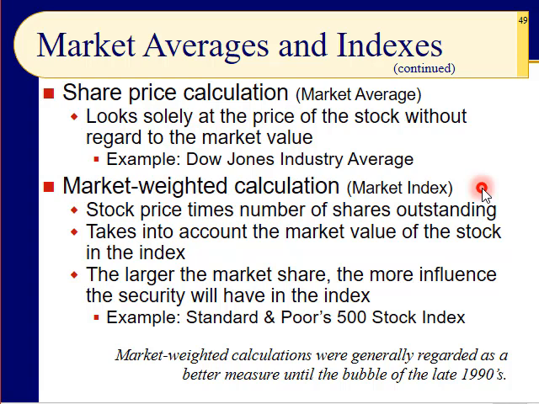The second type is the market index, market weighted calculation. They take into account the capitalization. Now, what is that? That's how big the company is. And we'll learn how to do that in a few presentations, but it's really not that hard. You take the number of shares outstanding and you multiply it times the stock price. So companies that are larger in an index have a greater influence over that index. And we've been dancing around this, and when we discussed the Standard & Poor's 500 in the Chapter 4 presentations, because the S&P 500 is the most popular index for index funds.